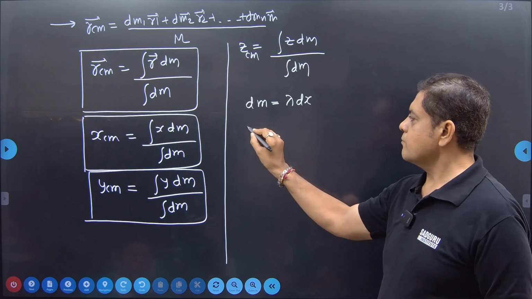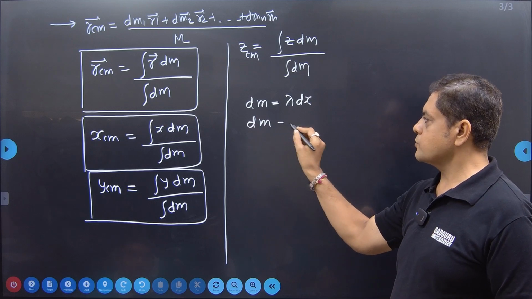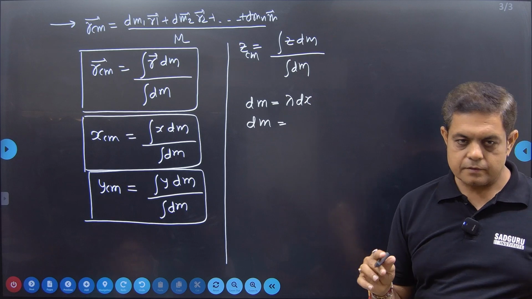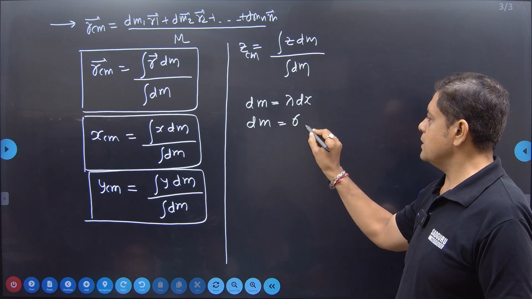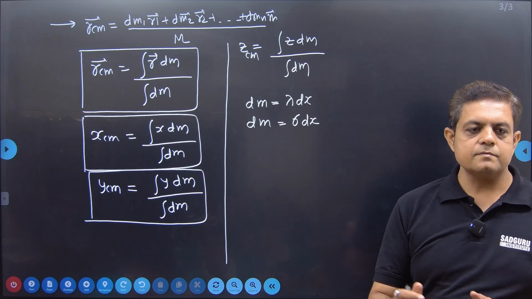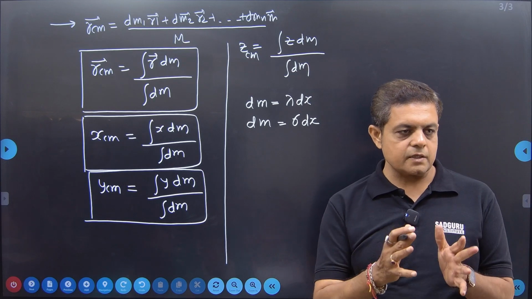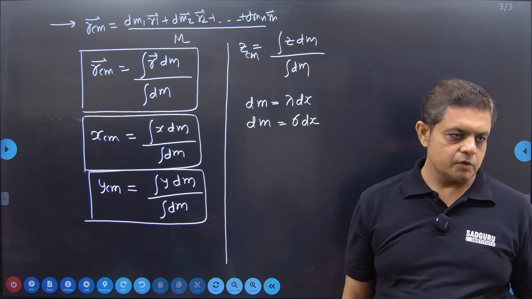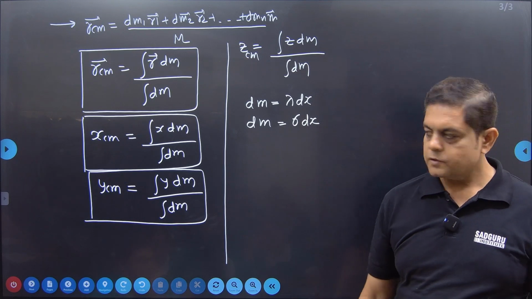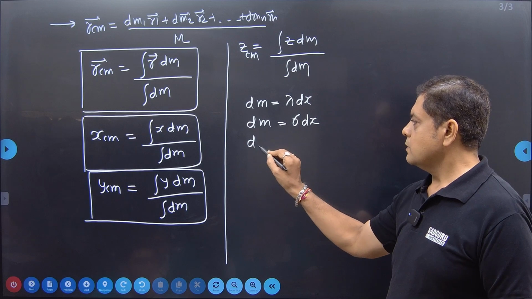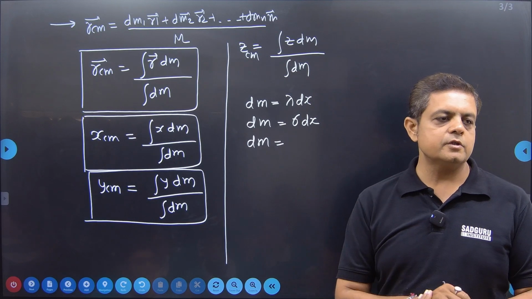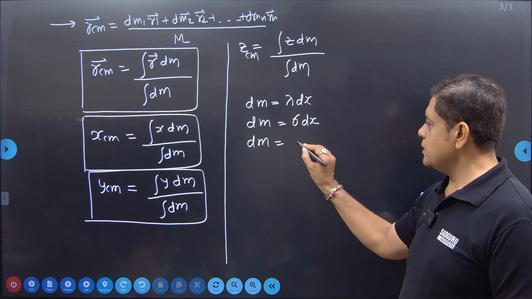If it is a surface distribution, the mass is uniformly distributed on the surface, so it is sigma dA, where sigma is the surface mass density, that is mass per unit area. Linear mass density is mass per unit length. And if it is a volume distribution, if the mass is uniformly distributed in volume, then your dm is